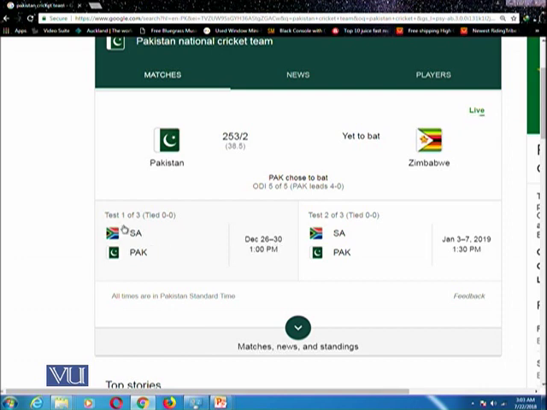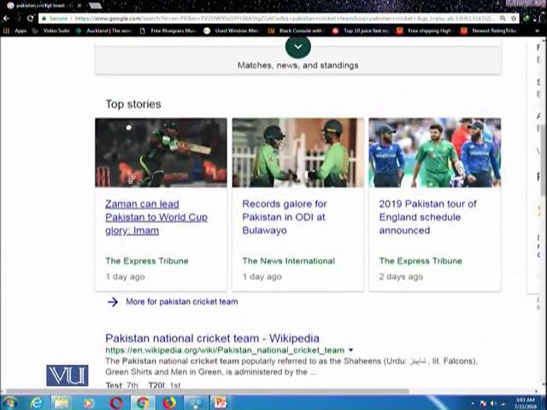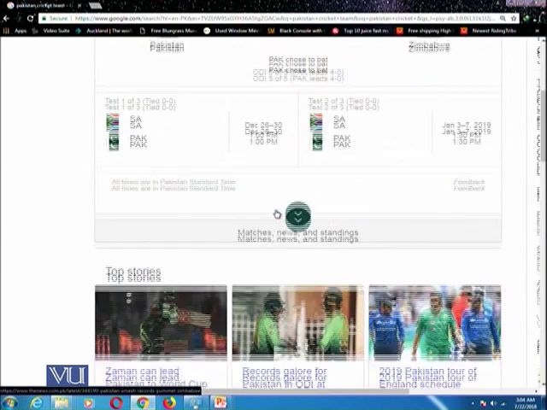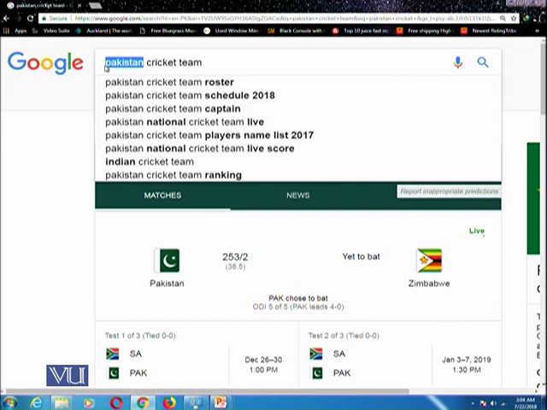That would be the first test match, and similarly the second test match, and so on. It will also highlight some top stories related to your searched team. Similarly, you can search other teams and see their schedules and current match situations by just typing the name of the team and then cricket team.